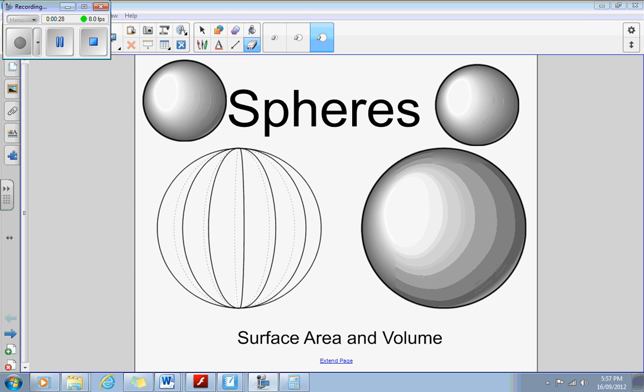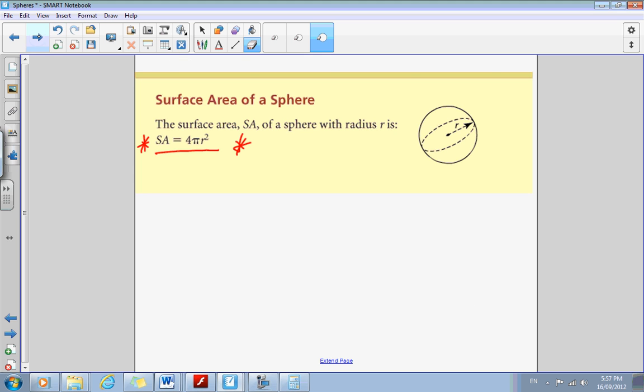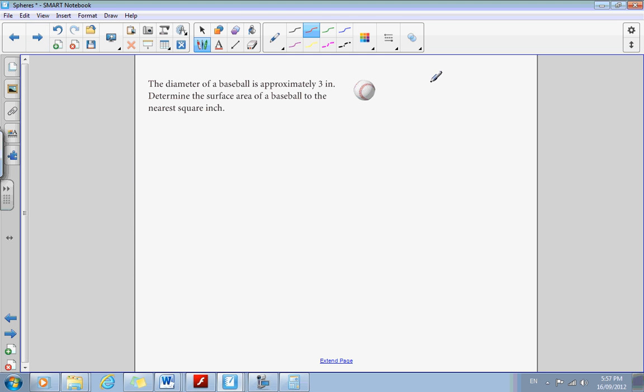So the formula that we're going to be looking at today is surface area equals 4 pi r squared. So 4 pi r squared is the surface area equation for a sphere, so everybody should have that in their notes. So here's the first question. The diameter of a baseball is approximately 3 inches. So in our surface area equation for